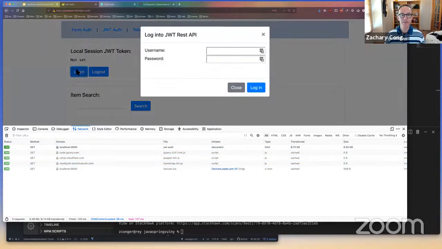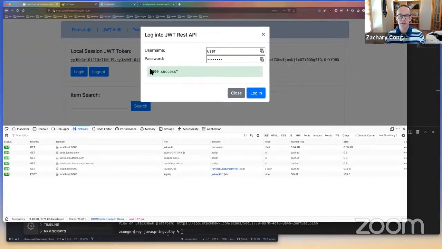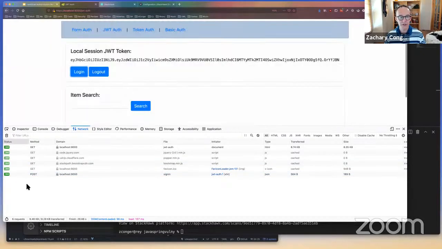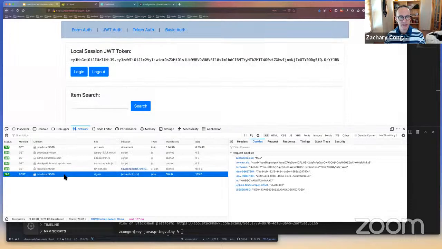So I hit login, get a little JavaScript pop-up box, a little Ajax style form, enter my username, which is user, and my password, which is password. Hit login, 200 success, that's right here. Close this box. So that post that I sent in,